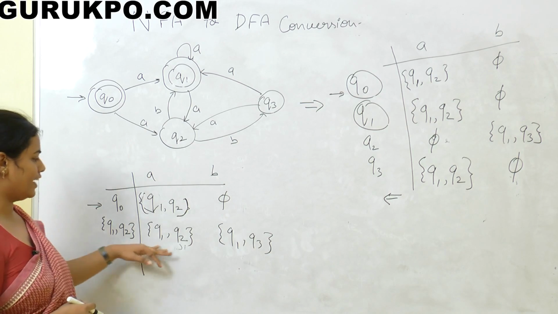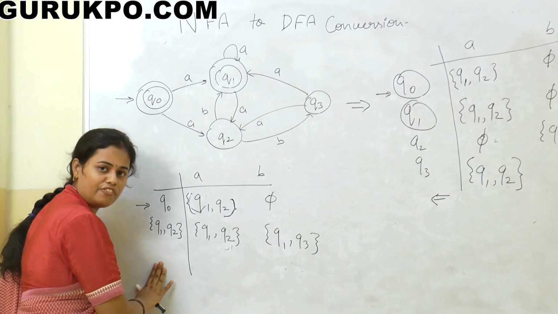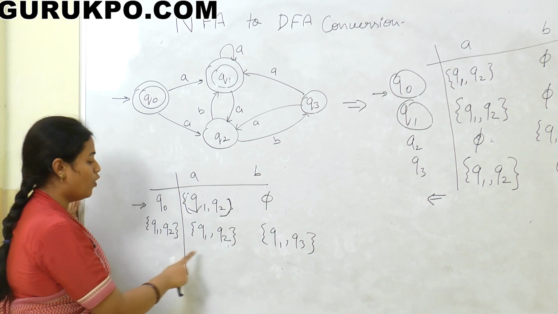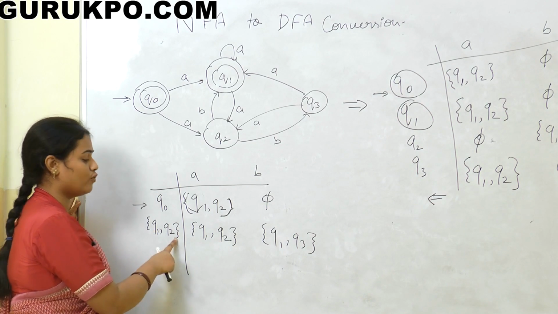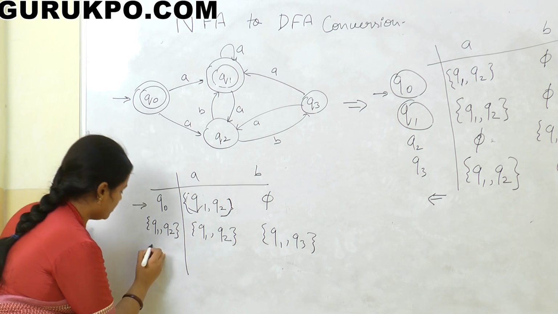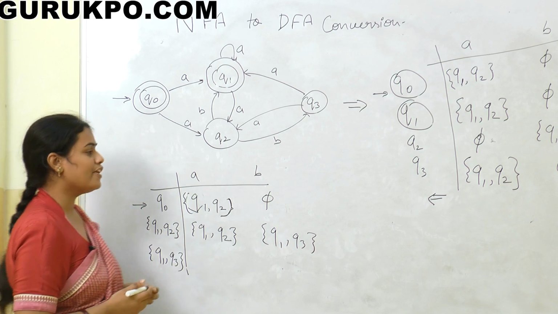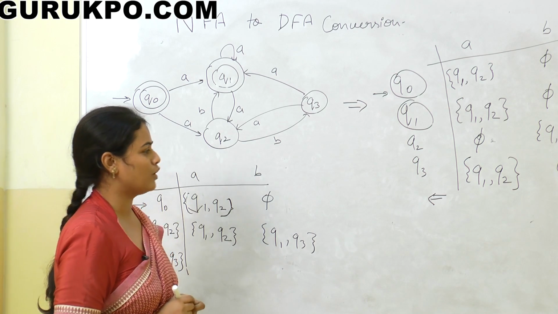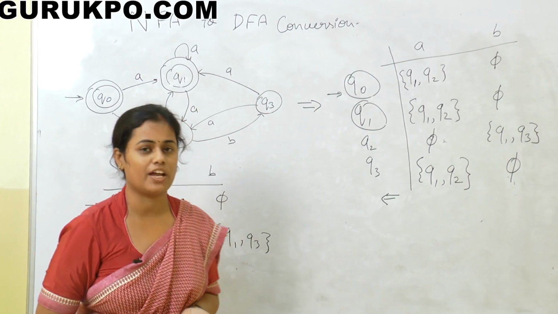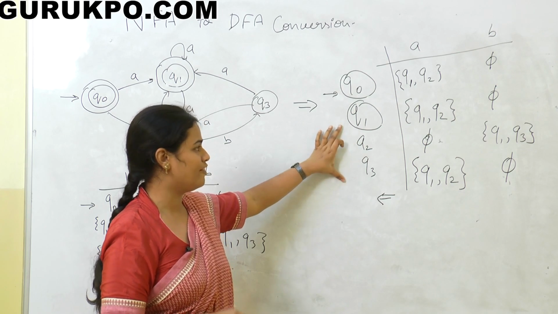Now we will check for the second. We have to take all the values from the right side of the table to the left side. At Q1, Q2, we have already considered Q1, Q2, so we can skip this. Now Q1 comma Q3. Again we have to do the same thing at Q1 comma Q3. When I am at Q1 comma Q3, I have to apply a union operation to these values.